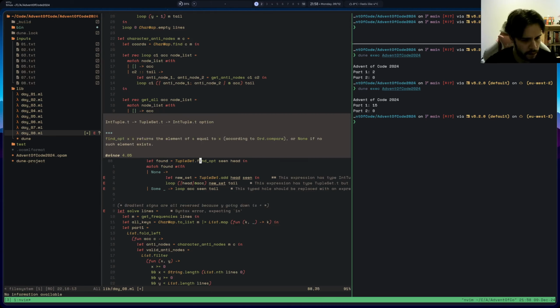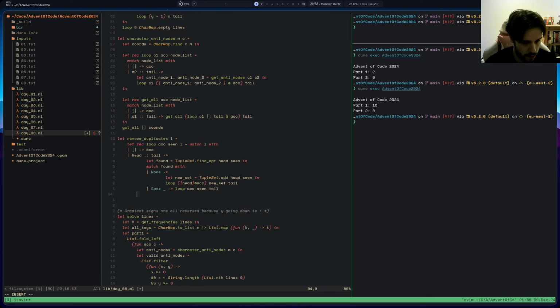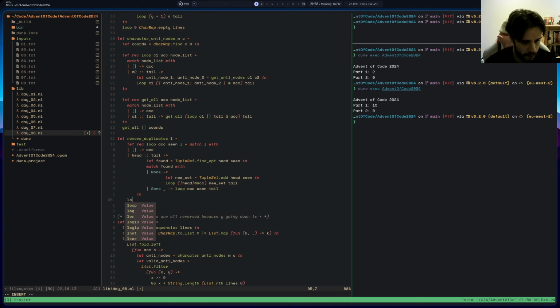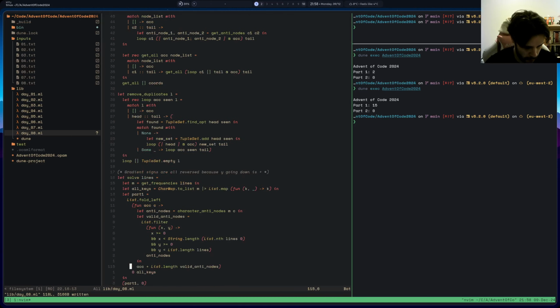Oh wait, find option of the, oh, it's the other way around. Okay, and in loop L, loop ACC is just a list, tuple set dot empty, and then L. Okay. Remove duplicates of